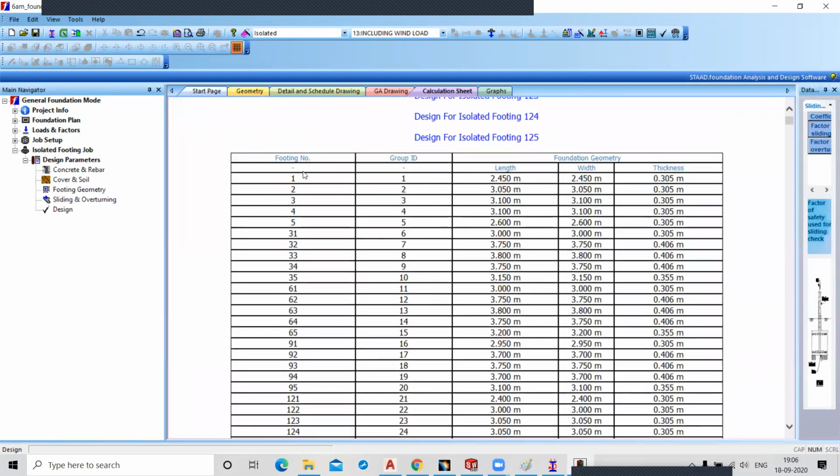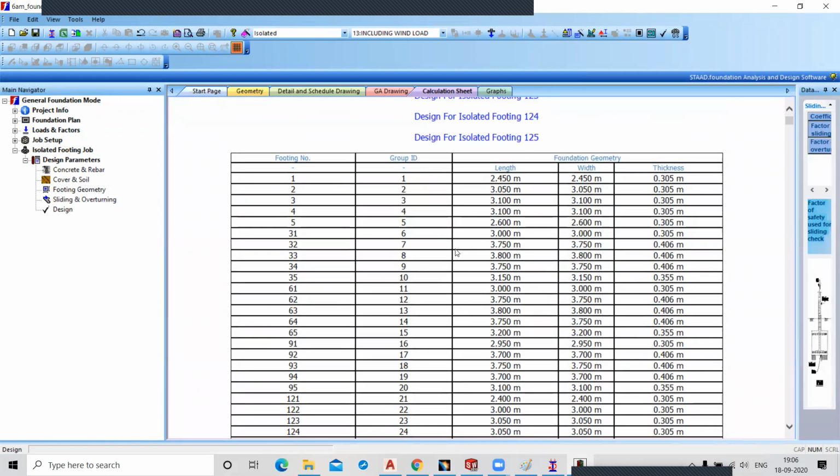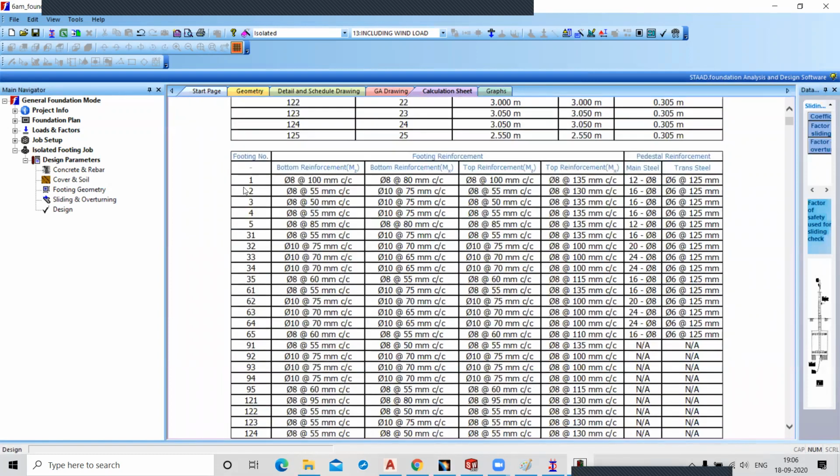And see, this is a table. This is the footing number 1, and this is the length, width, and the thickness of your footing. Okay, for all the 25 footings. Yes. And the second table is footing number 1.